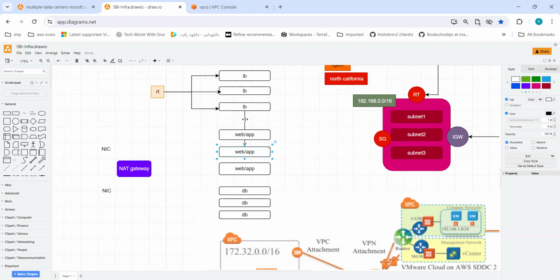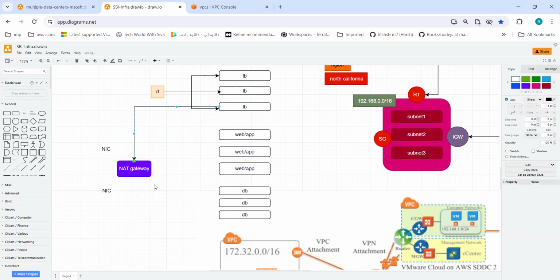In that case, load balancer traffic will hit the NAT gateway. If it is public, this public means the public IP. The NAT gateway has a public IP and a private IP. If it is private, the NAT gateway externally generates one public IP and a private IP. If you want private access, this private IP is routed to the respective private subnet. If it is public, the public IP will be used for accessing this application. So here we need to map